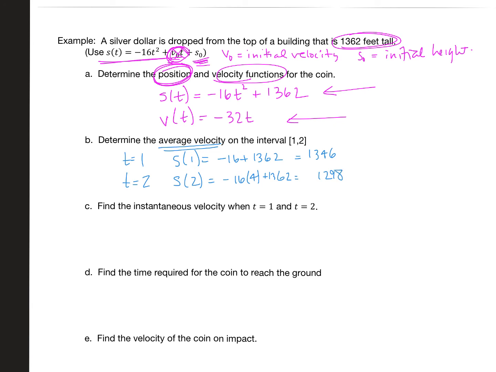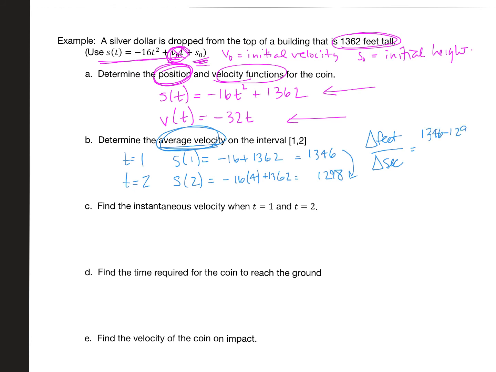Now I know this may seem weird because I just said that the position function tells you about height. But we want an average velocity, right? Now think about this. Velocity is, for example, feet per second, right? That's what velocity is, it's feet per second. So I want to know what the change of feet is in a certain amount of seconds. Okay, so that's exactly what I have here. I have a change of